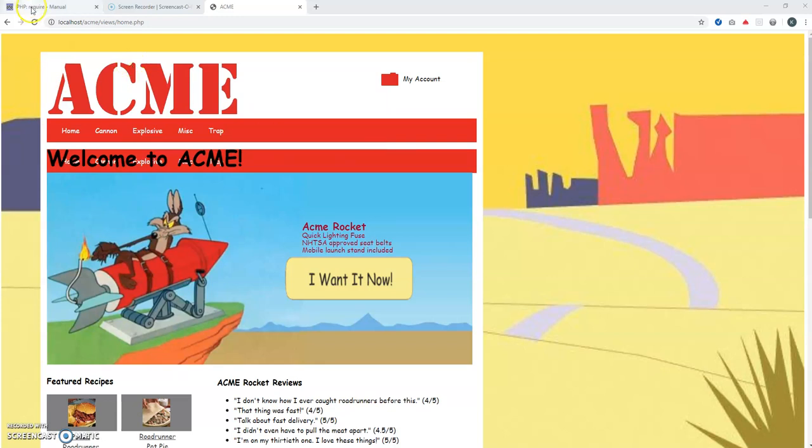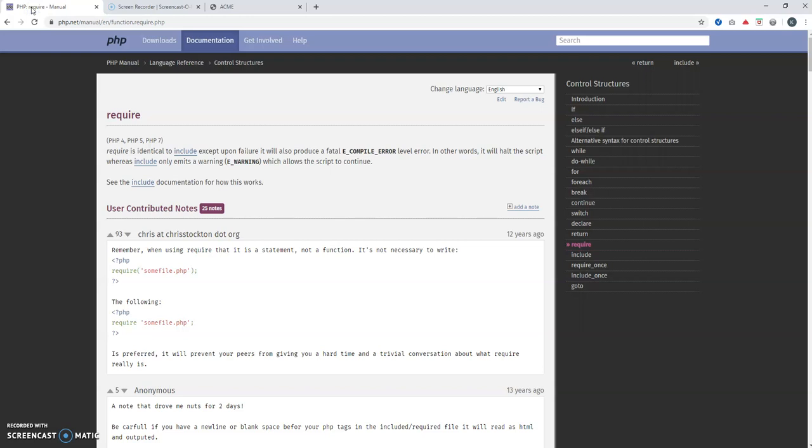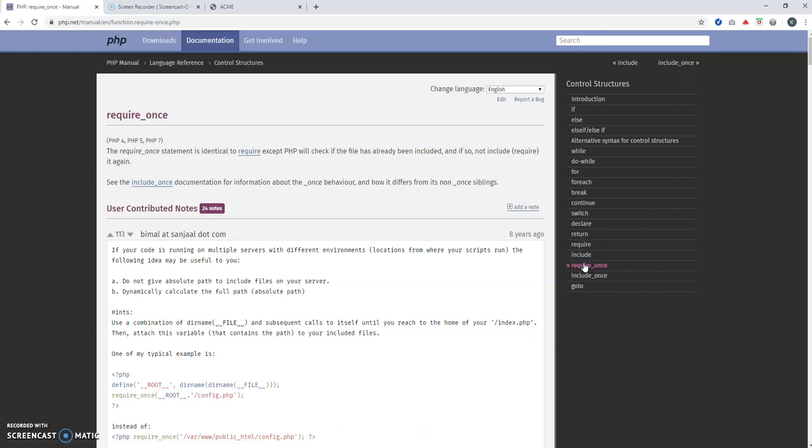But according to the manual, the require once statement is identical, except PHP will check if the file's already been included, and if so, not include it again. So that's what the manual says, but I was showing something different. Anyways, that's a little rundown of require versus